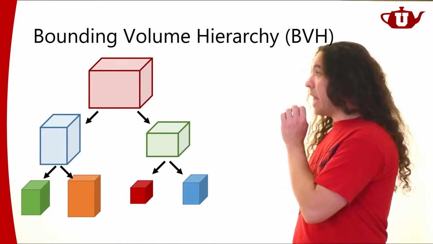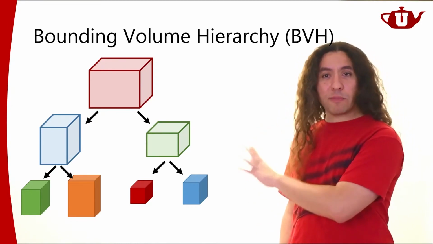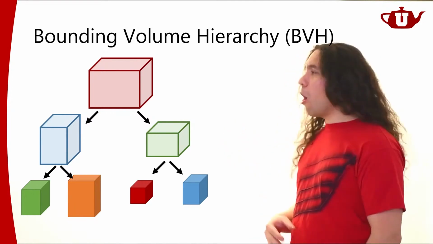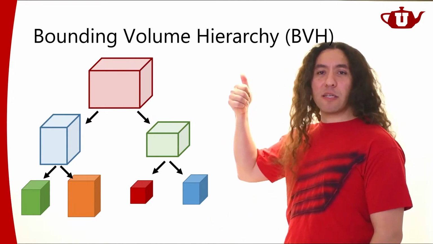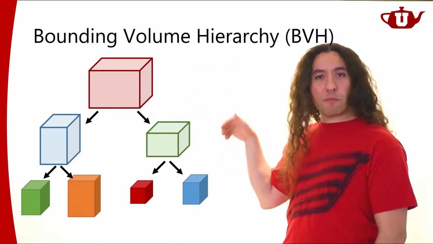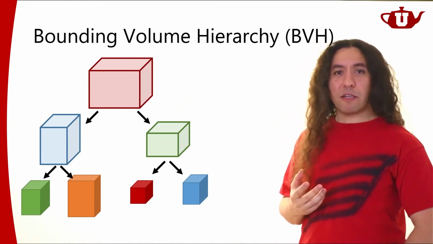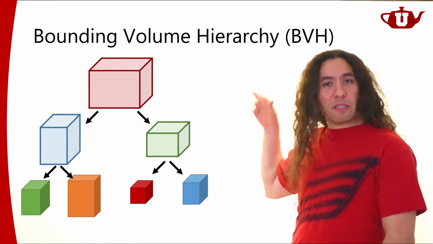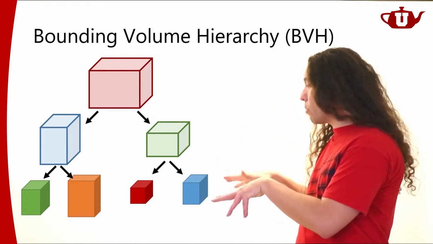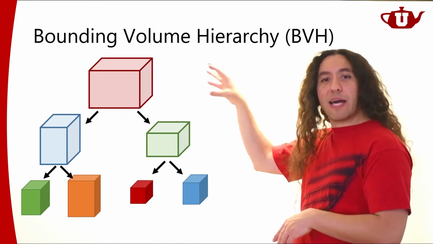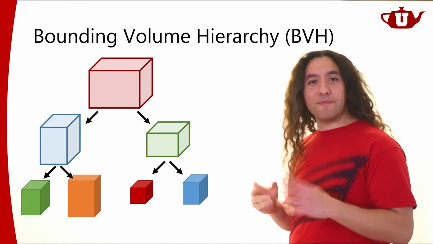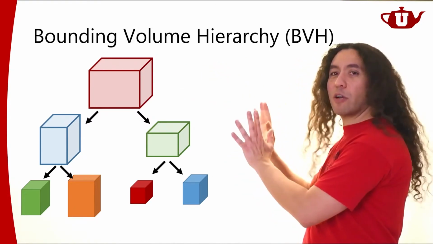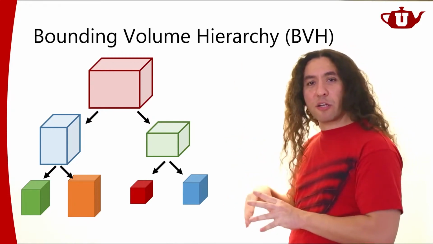To be fair, this doesn't have to be a binary tree, but it forms a tree structure like this. Oftentimes, when people say BVH, they mean the BVH that forms a binary tree, but it doesn't have to be a binary tree. There are cases where we use trees that are not binary trees like this. That is, trees that have more than 2 nodes. That is, boxes that contain more than 2 boxes inside. But anyhow, this is the general structure of a BVH. It's just a tree structure.